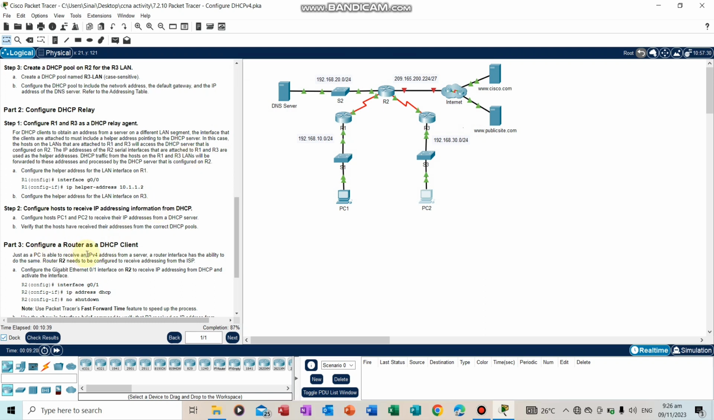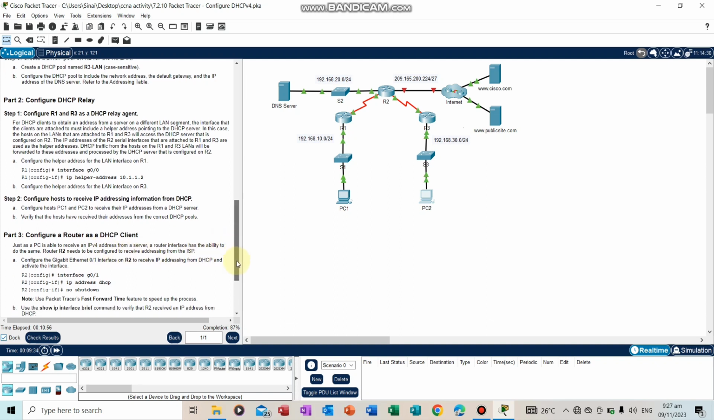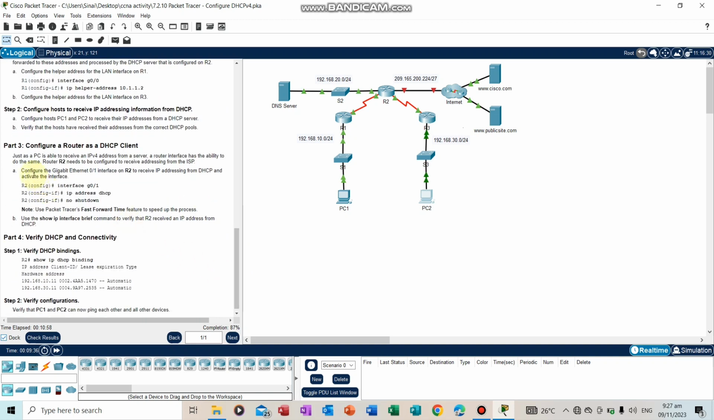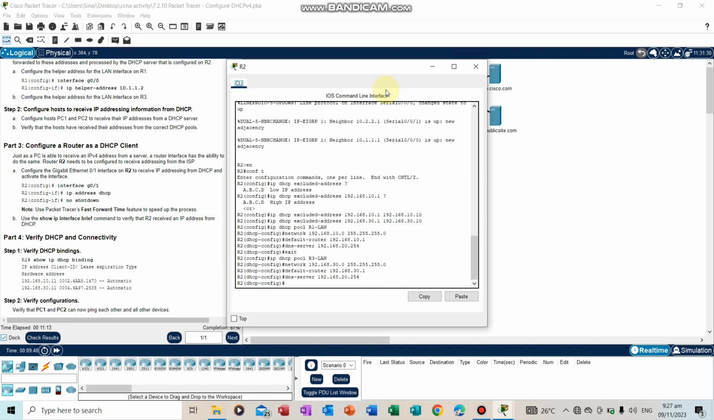So configure a router as a DHCP client. Configure the gigabit Ethernet 0/1 interface on R2 to receive IP addressing from DHCP and activate the interface. Use the show IP interface brief command to verify that R2 received an IP address from the DHCP. So we'll go to R2, CLI, and then